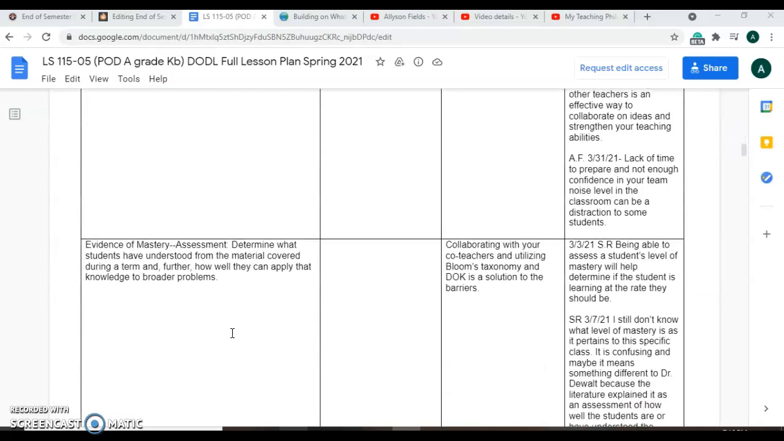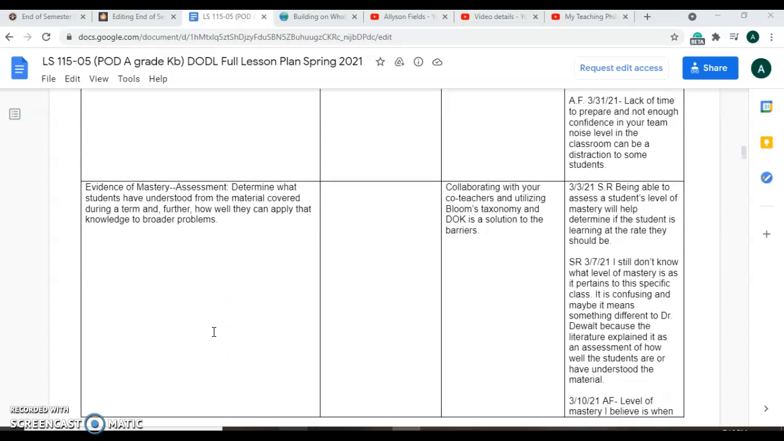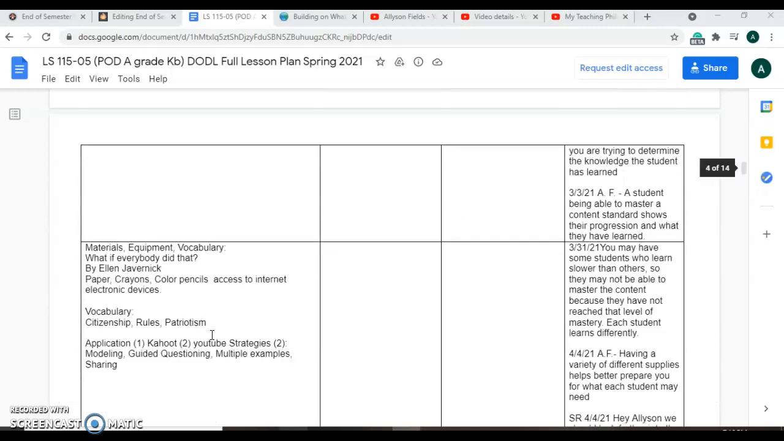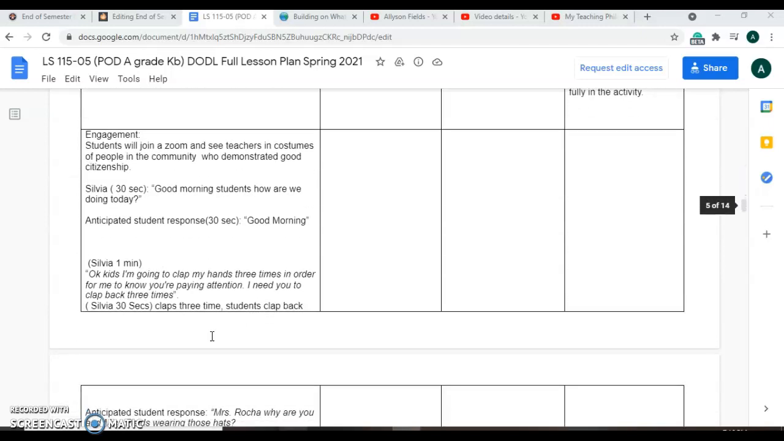Our evidence of mastery was determining what students have understood from the material covered during the term, and how well they can apply that knowledge to broader problems. And then we had our students engage because we wore hats, a firefighter hat and a